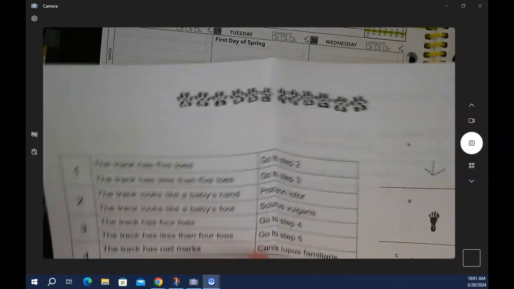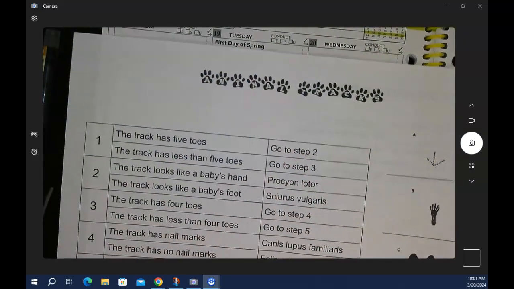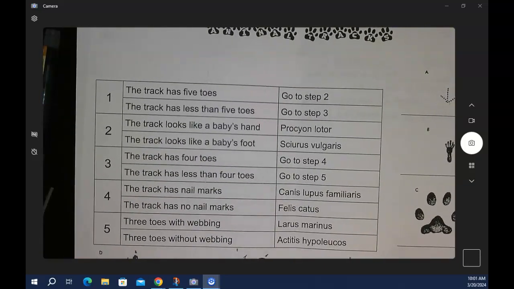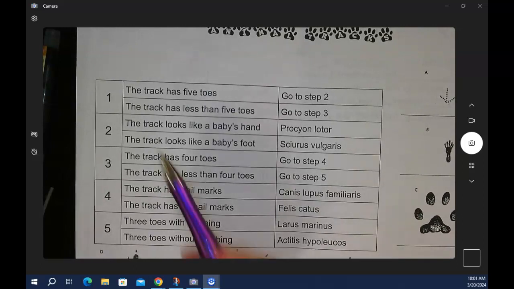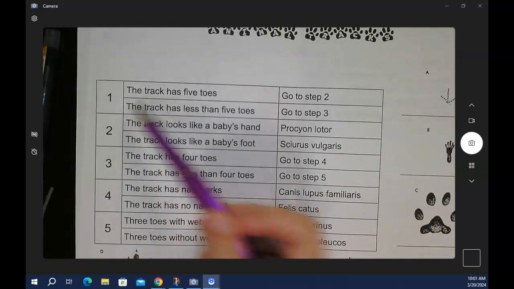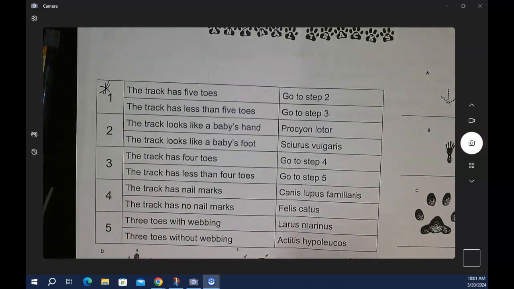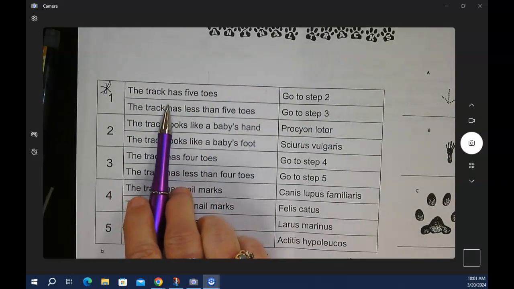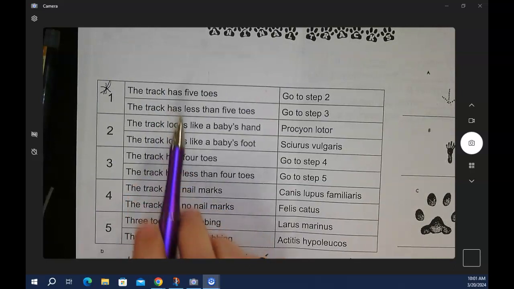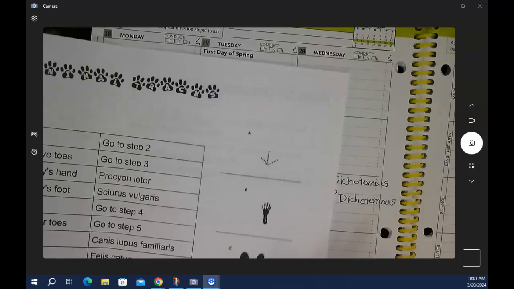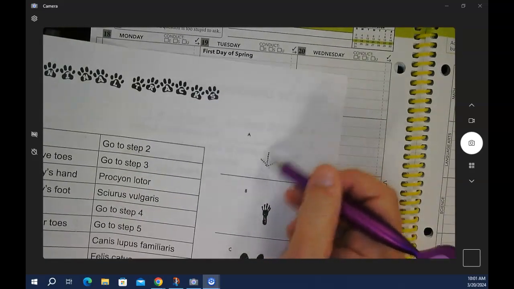So this one's very simple. Some of them are 20, 40 questions long, but this one's just 5. So here's number 1. We're going to put a star there. That's where we always start. And you'll notice there are 2 statements, or sometimes there'll be 2 questions, and they should have a yes or a no answer. So if we start out looking at this particular print,